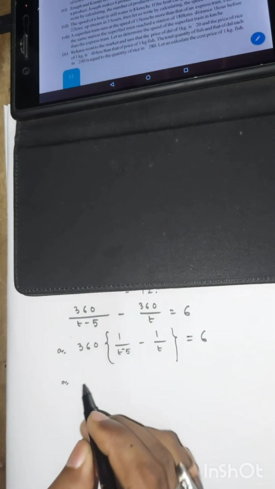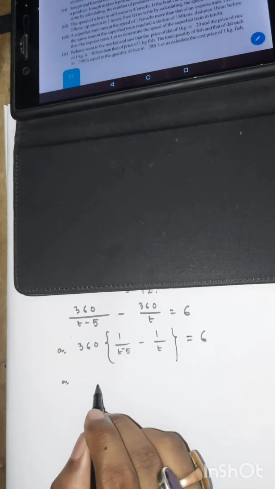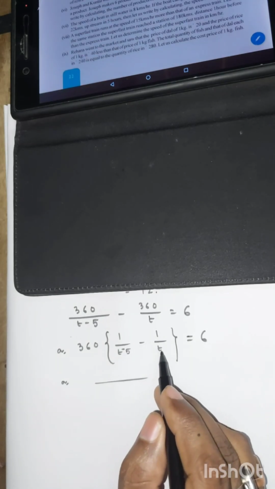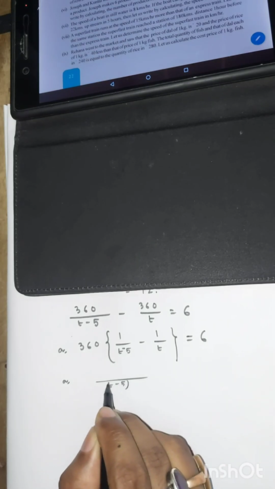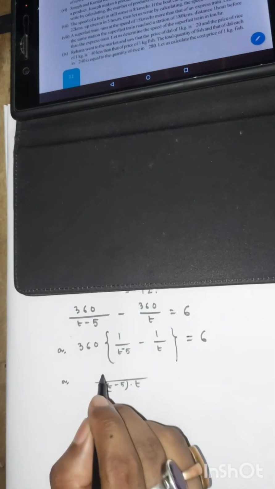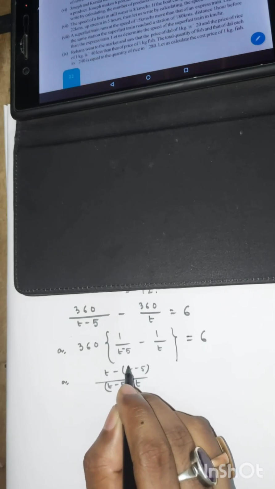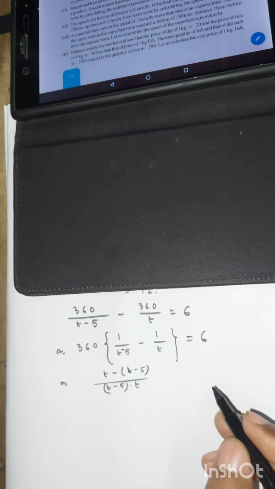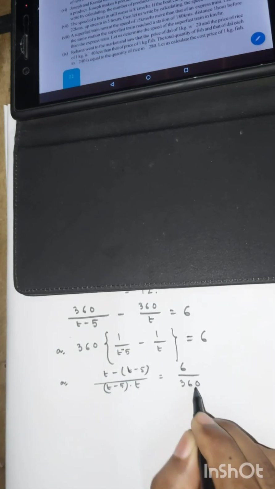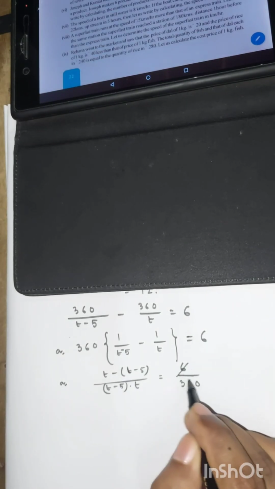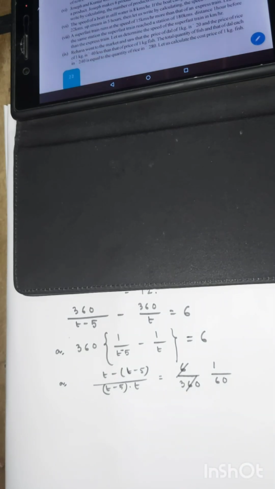Or if we take 360 to the right side and subtract 1 by t from it, we will get